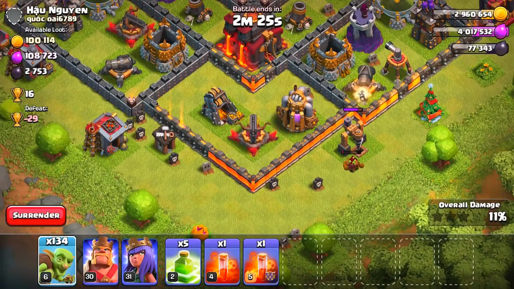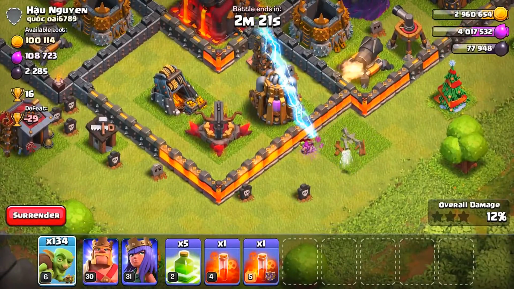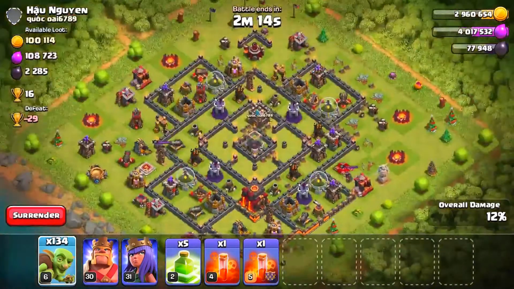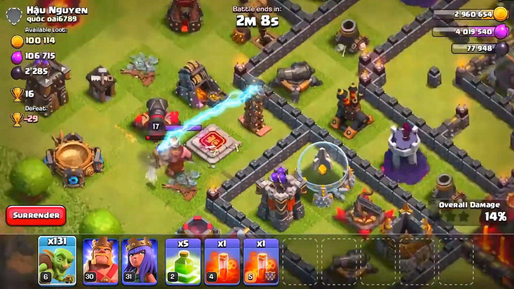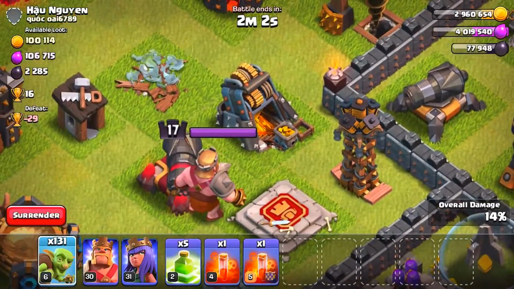And if you don't want to use the rest of your goblins, you can obviously go ahead and drop in your heroes, which is what I'm gonna do right now, because the elixir collector and the gold collector are going to be really easy to get with my archer queen. I believe those are the final storages and collectors. Yes, they are. This one is going to go down with only 1, 2, or 3 goblins. Now the gold mine is also still there, but it literally has 0 loot whatsoever,